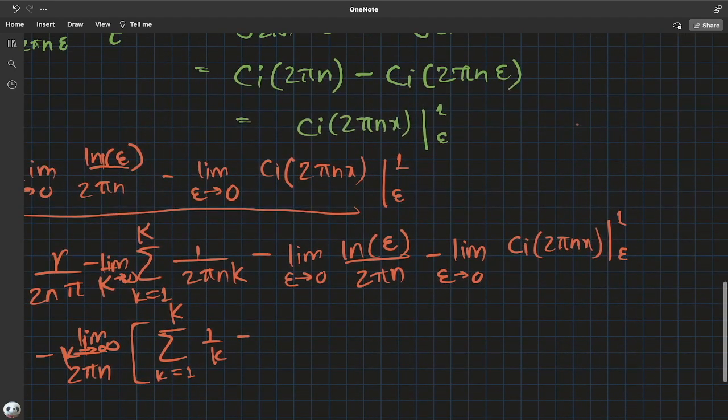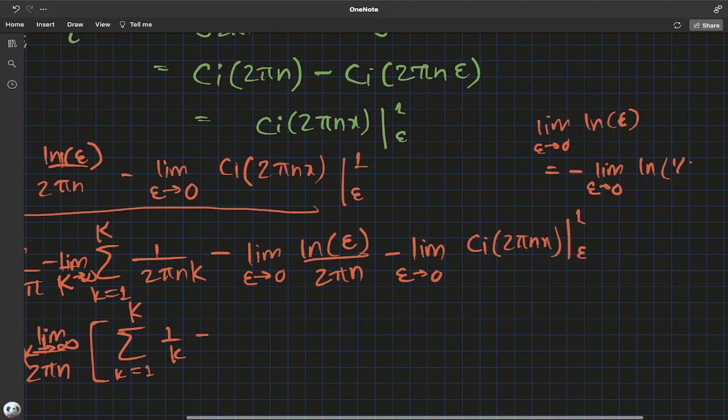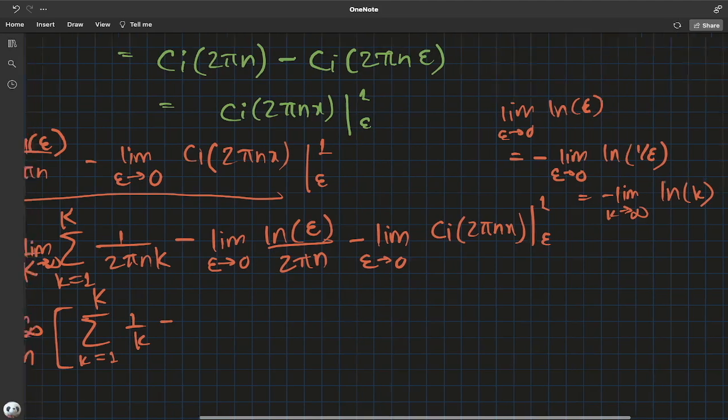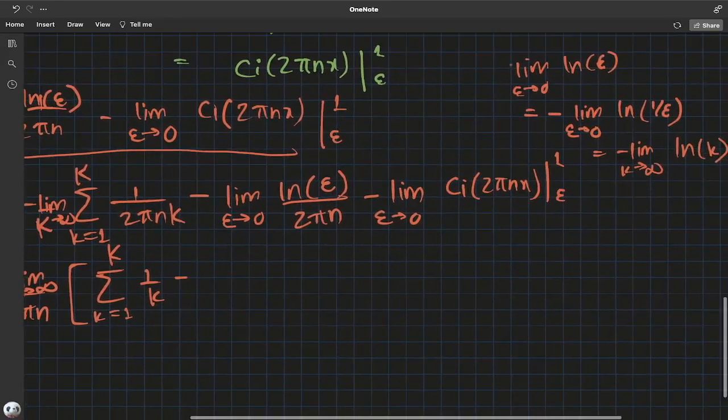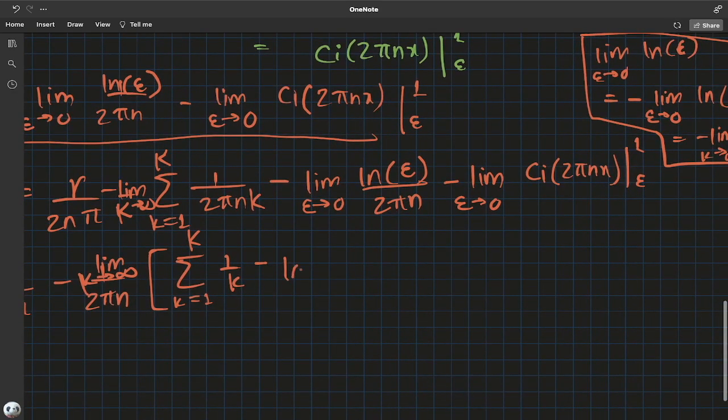So if you say limit epsilon goes to 0 of natural log of epsilon, you can write this as negative limit epsilon goes to 0 of natural log of 1 over epsilon. But then 1 over epsilon becomes infinity, so you can just change the limit to this, and that's exactly what I'm doing here. I should just cordon this off there. Yeah, natural log of capital K in this case, and the limit as K goes to infinity is outside,